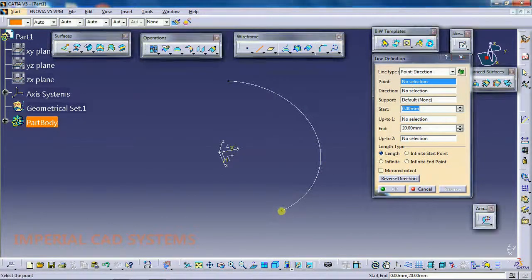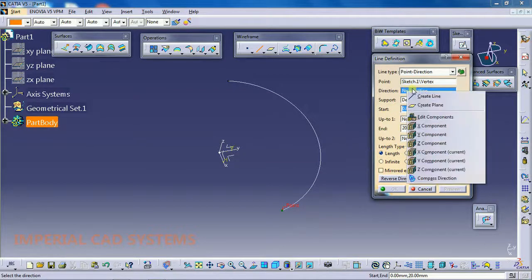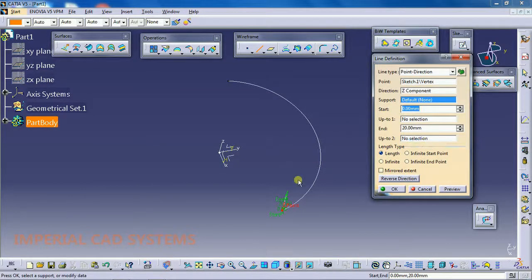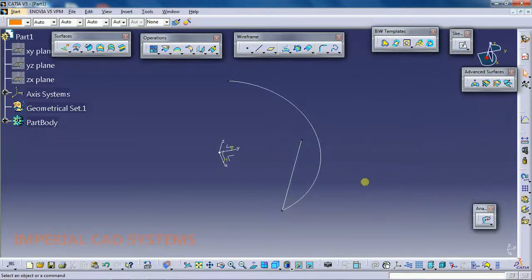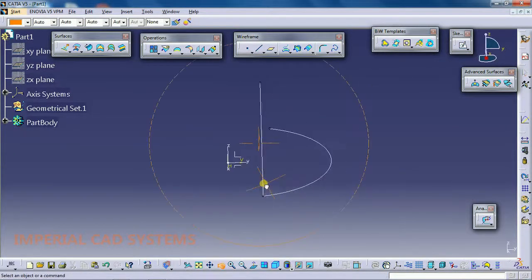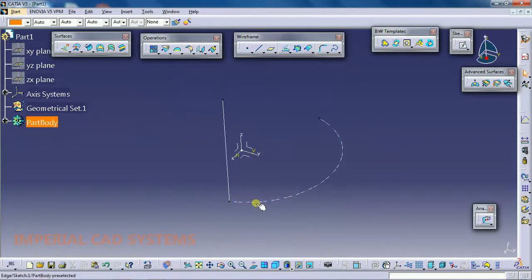I select a point here and direction, right click, Z direction. I increase. Now, two curves on two supports. This curve is on XY plane, but this is not on XY plane, and this line is somewhat perpendicular to this arc. Then I want a corner between these two curves.